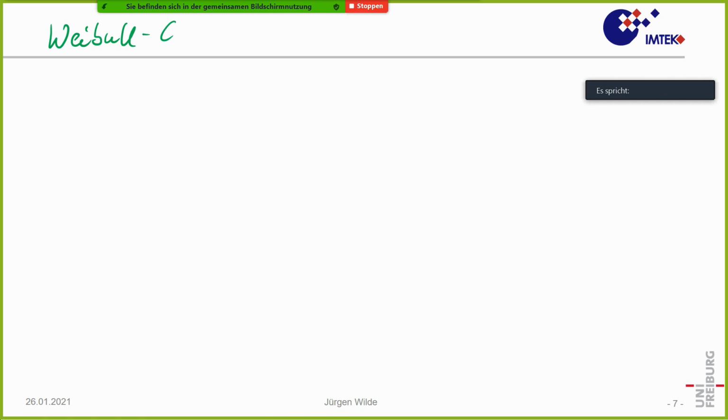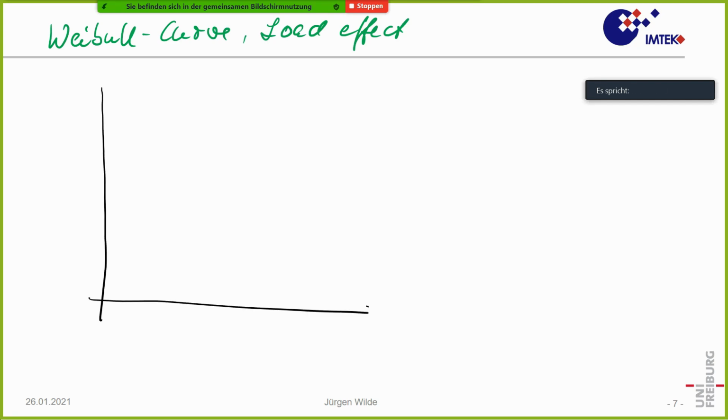So now another question when we look at Weibull curves is the effect of load. So as a rule, we know the stronger a specimen or a sample is loaded, the more it will be degraded, and that means the earlier it fails. On the other hand, when it is